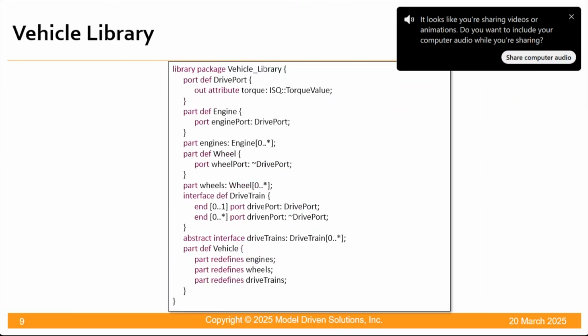So I'm going to create a vehicle library that maintains the idea that you have a drive port, that an engine has a port, a wheel has, this little symbol is conjugate, which means you flip in and out, that we've got the drivetrain interface. Now, that is the generic concept defined just like we had those concepts for our standard library. We're defining the concepts. We're going to say, when I talk about vehicles, I can talk about engines and wheels and drivetrains, and I can put that together to create a vehicle. There's a little bit more here that I hid earlier on, but it's going to be important as we go on,